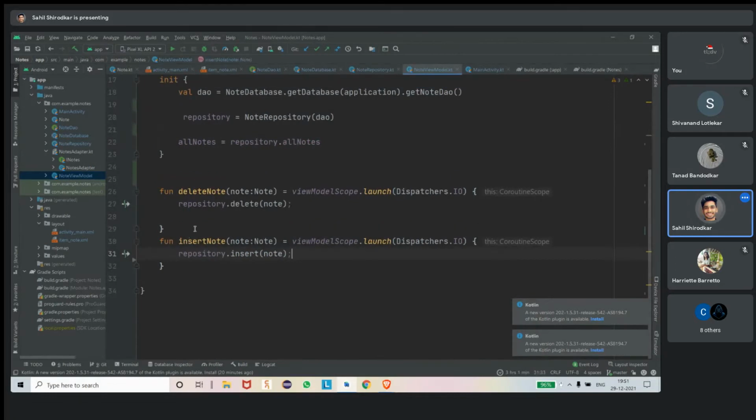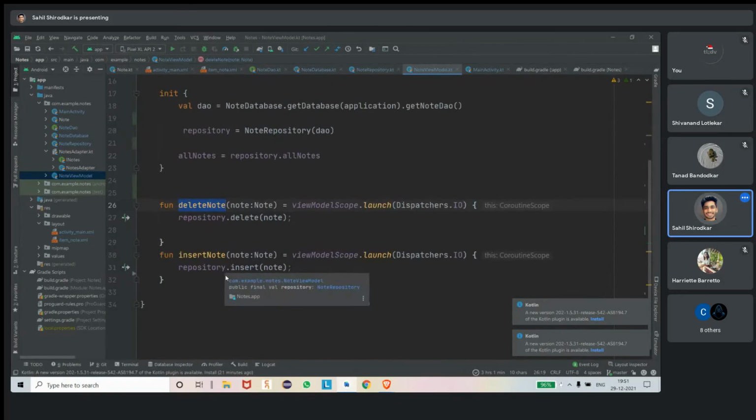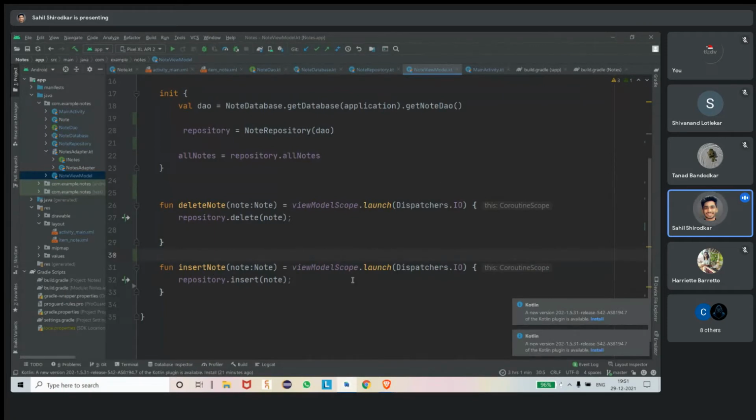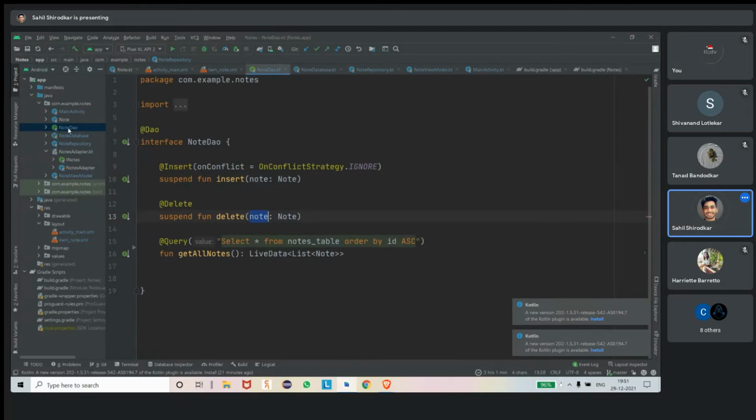Then there is the same thing we did earlier with the function deleteNode. Whenever the UI wants any data, or wants to store a note, the UI will call a function in the view model, that is the function insertNote. This insertNote will run, go to the repository, then the repository's function will run and go to the NoteDao, and finally the main query will run and that note will be inserted in the database.